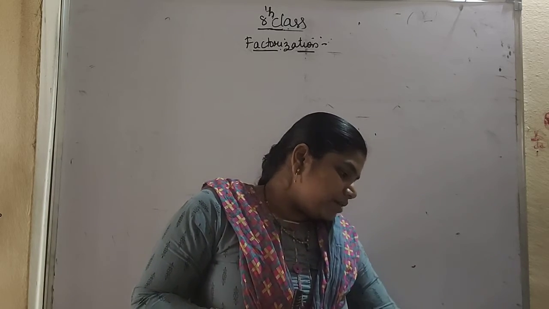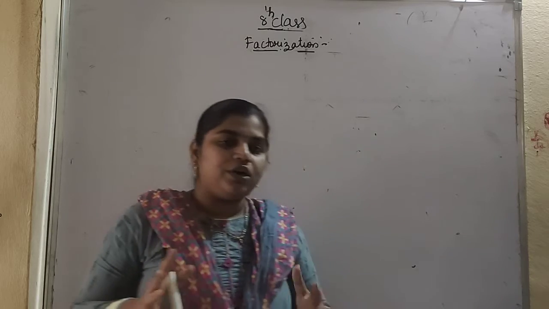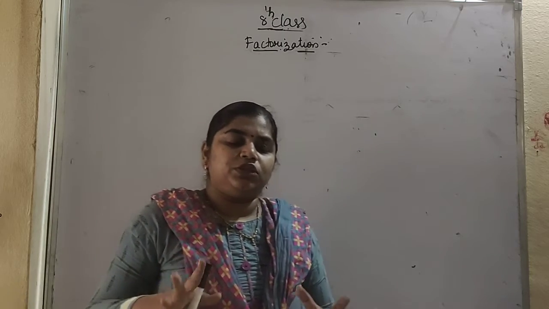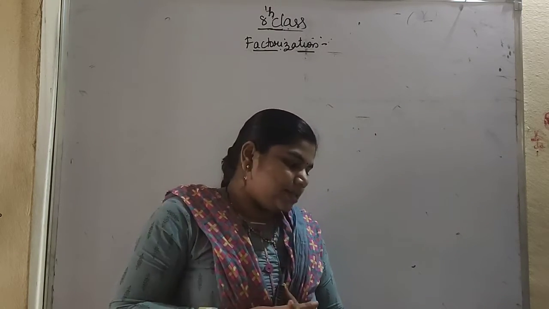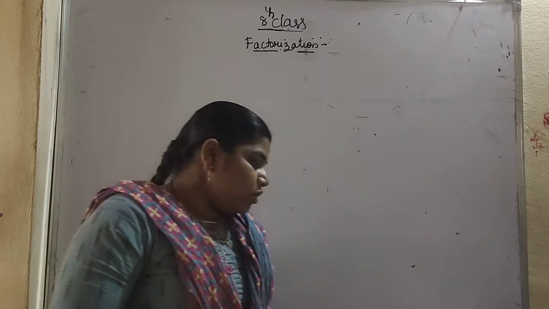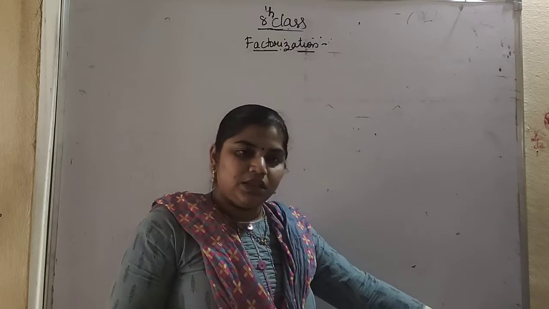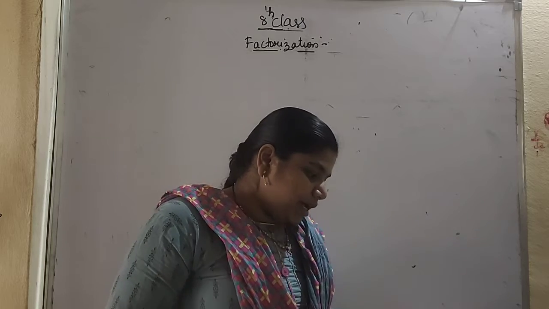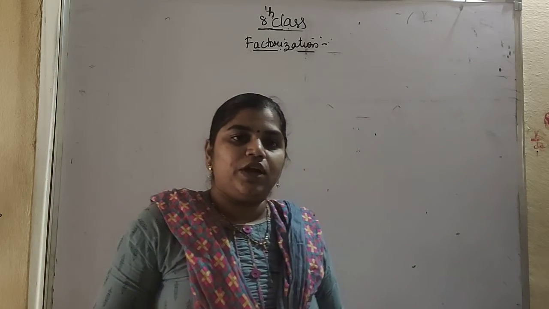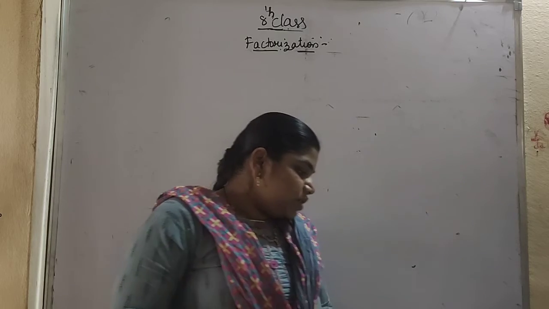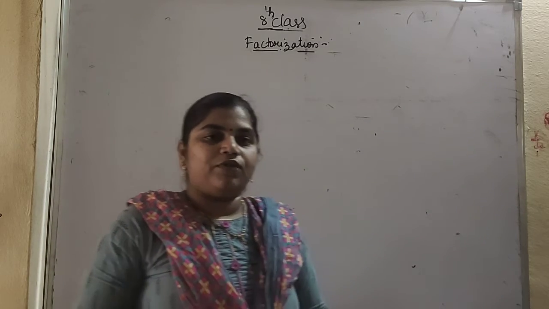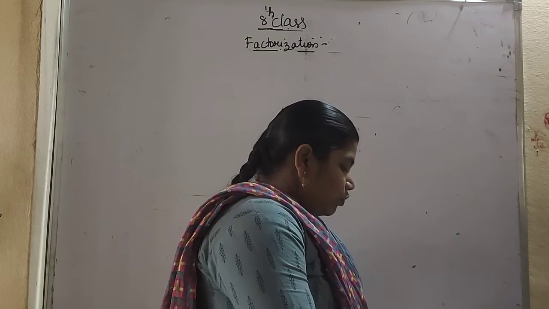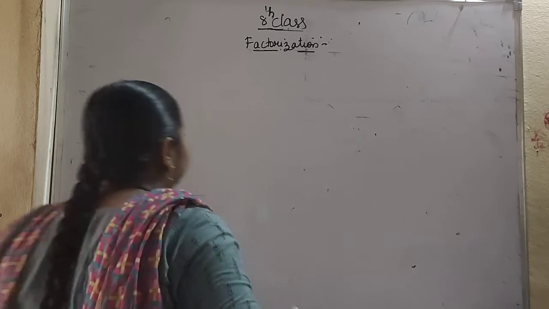Okay, so now we are doing factorization. What do you mean by factorization? We have learned about factorization of algebraic expressions. In the earlier classes, in 7th class, we already learned how to factorize an algebraic expression. Now we are going to learn how to do the factorization and how many methods there are for it in this chapter. So the first method is taking out the common factors. What do you mean by taking out the common factors? We will see.